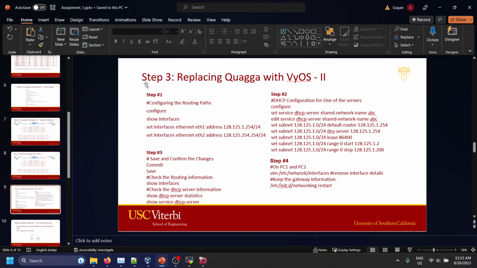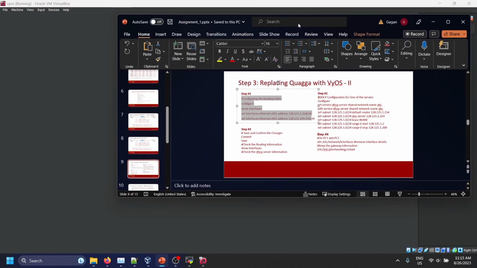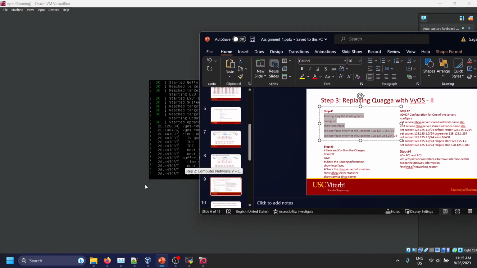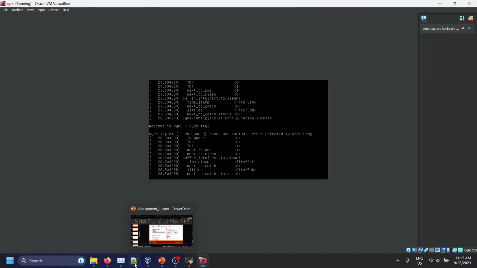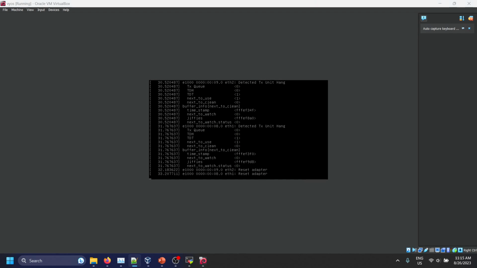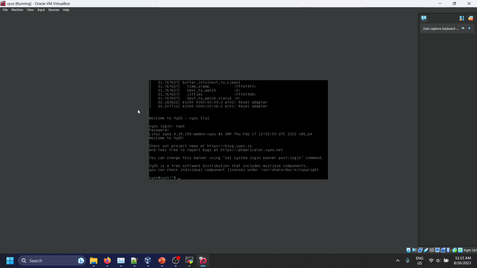So I'll be running these specific scripts. Initially I'll just configure the routing path so that routing will work properly, and then I will enable the DHCP server for both the first network, which is connected to PC1, and the second network. Okay, so